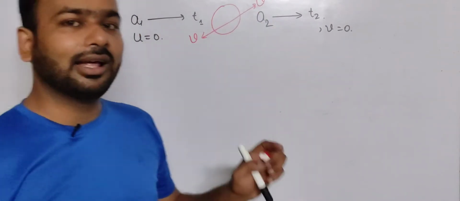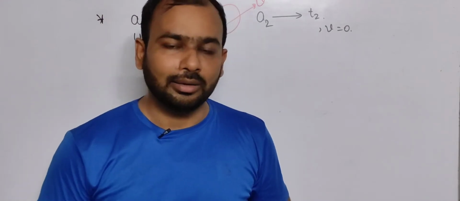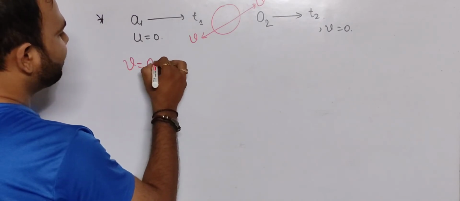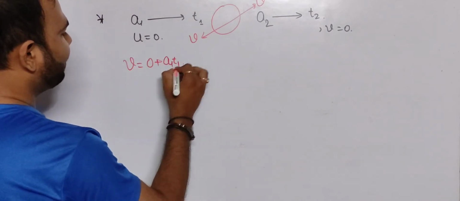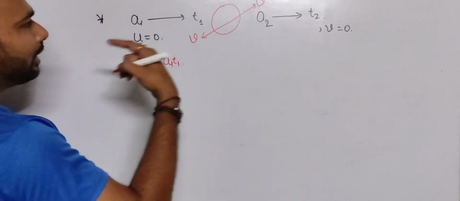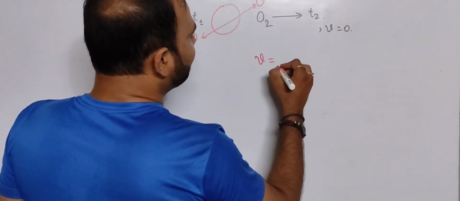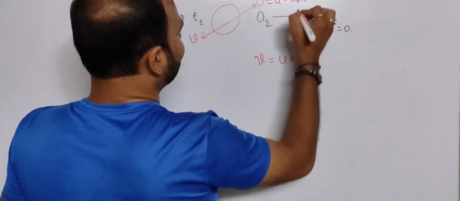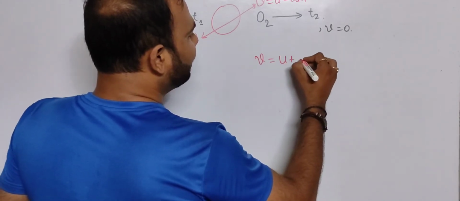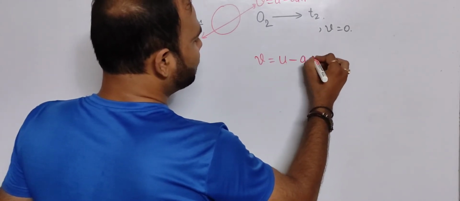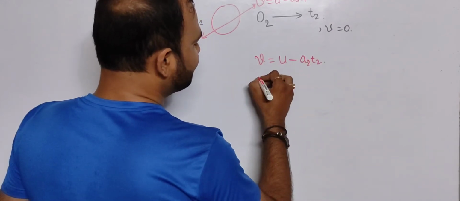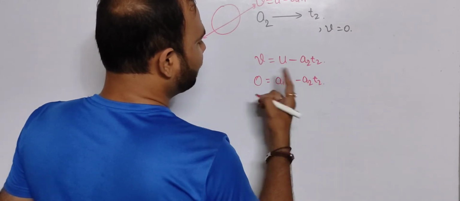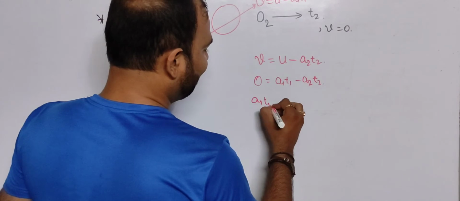We'll find the final velocity in each case and make a ratio. So what will be the final velocity? Very simple, v equals 0 plus a1 t1. Remove the 0. Here v equals u plus a1 t1, where u is the initial velocity, with retardation, that is minus a2 t2. Here the final velocity is 0, and the initial velocity is a1 t1 minus a2 t2. So simple, a1 t1 equals a2 t2,